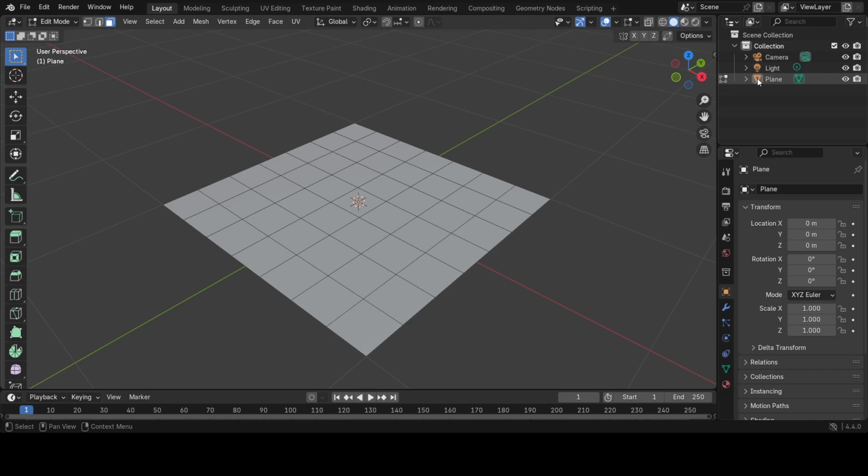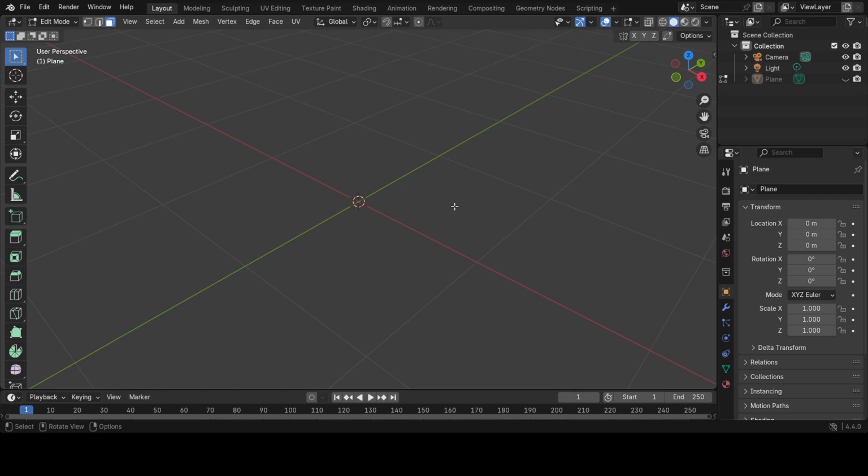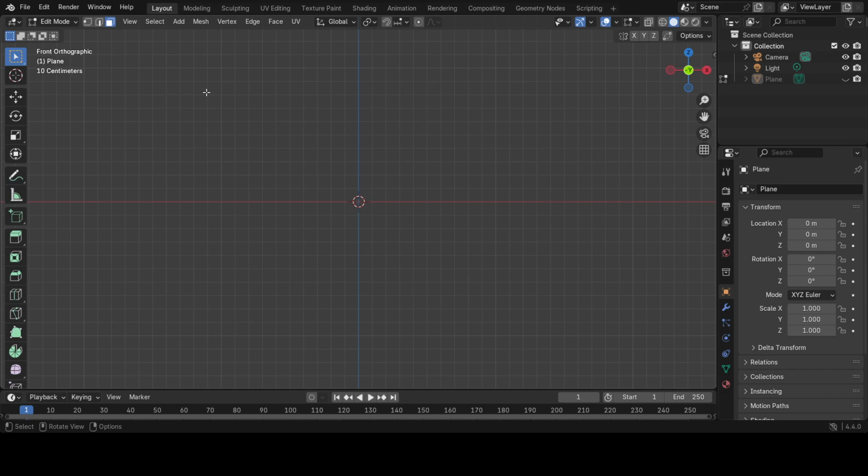Next, what I'm going to do is go ahead and hide this. We're going to bring in some images to use as references to build the actual object. In this case, it's going to be a chair. So let's do it like this. We're going to start out, first of all, by going to the front view, tilde, front, and from the add drop-down menu, once again, we're going to add,